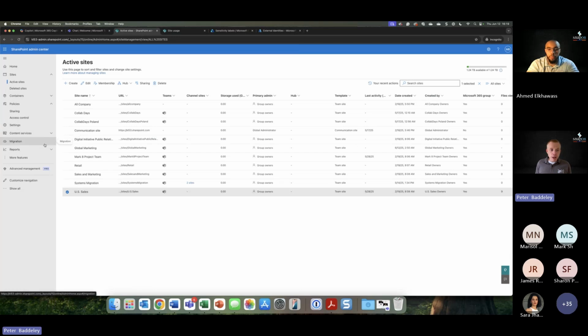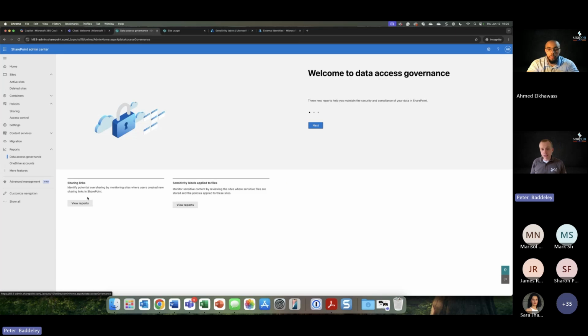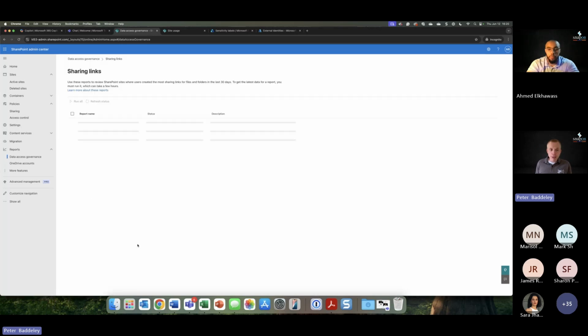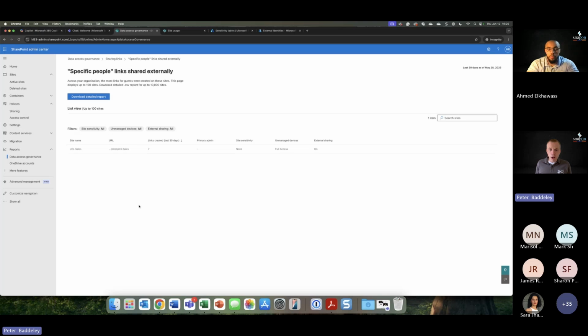Secondly, in your SharePoint Admin Center, under reports, you have access to data access governance. Now, these are a more limited set of reports if you don't have SharePoint Premium licensing. But here I can go to sharing links, and I can run these different reports. I ran one a while ago,